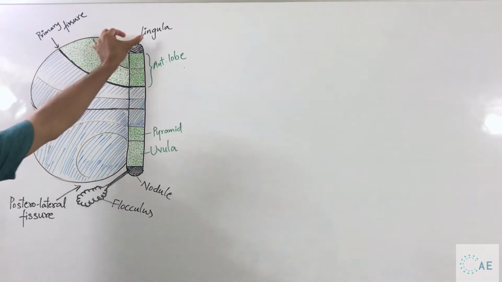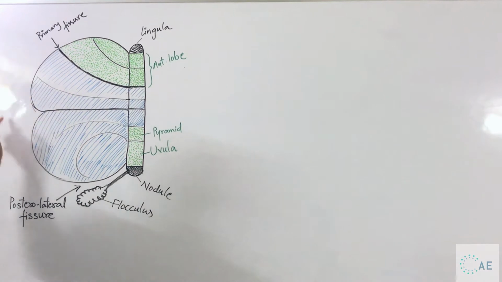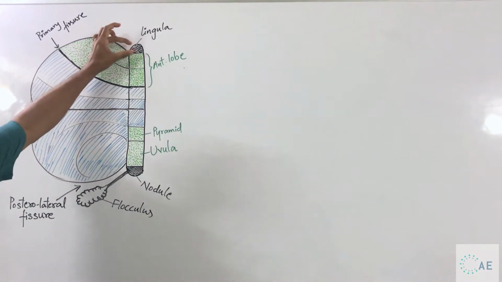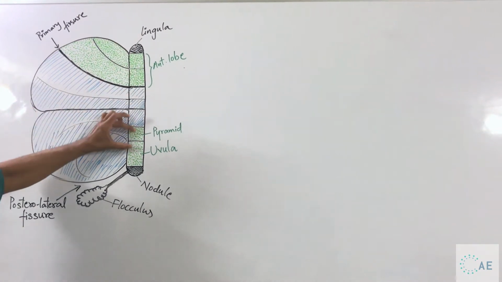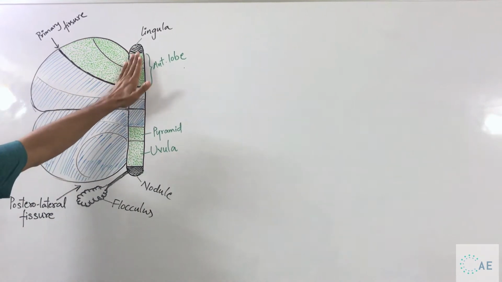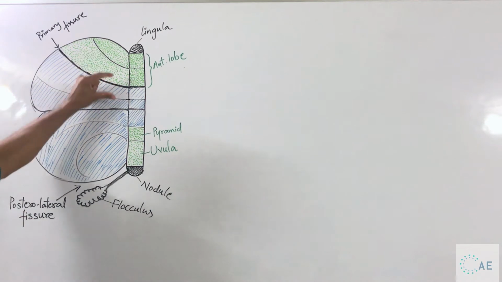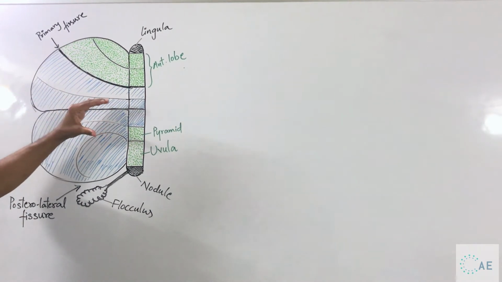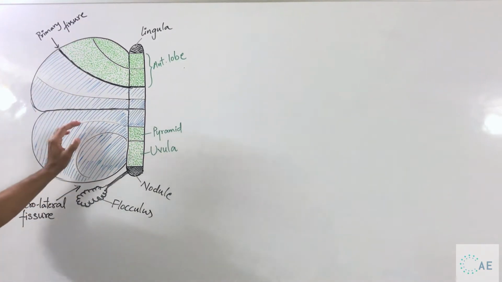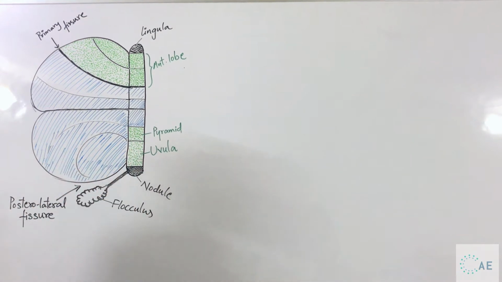Understand? So these are the midline vermal portion, the vermis, and these are the lateral hemispheric portions. When you look at the vermis, it has different segments, and each segment of the vermis has its lateral extension in the hemisphere. So each one has its own name. I'm not going to stress upon that, but there are some parts which we will take, and those parts will help us to classify the